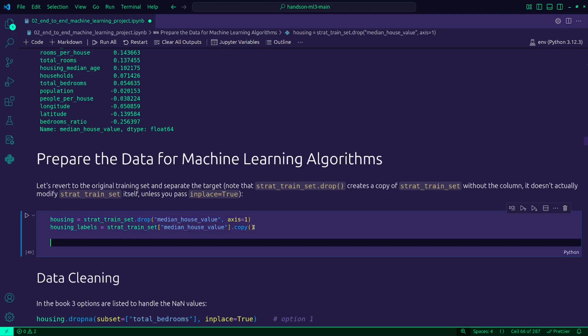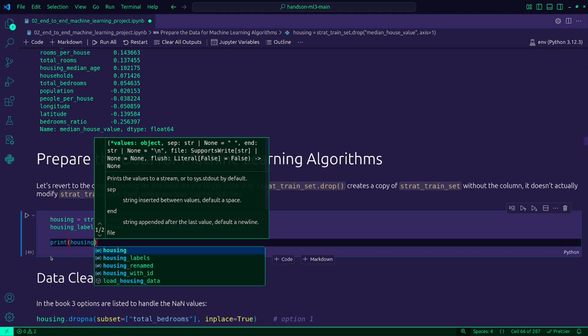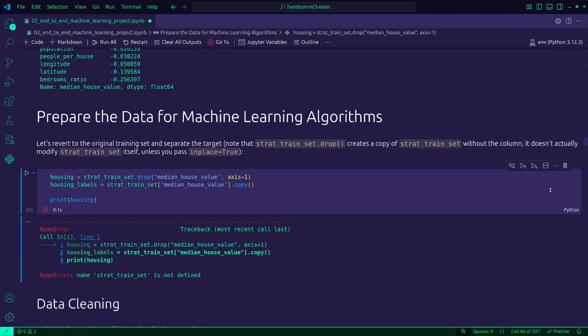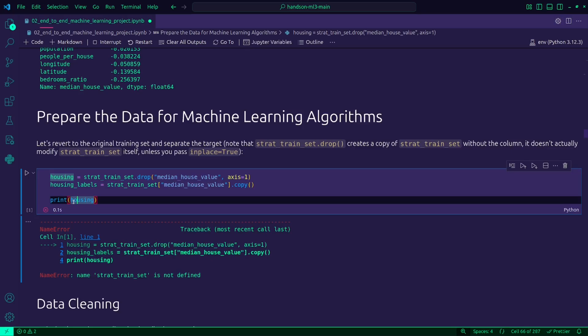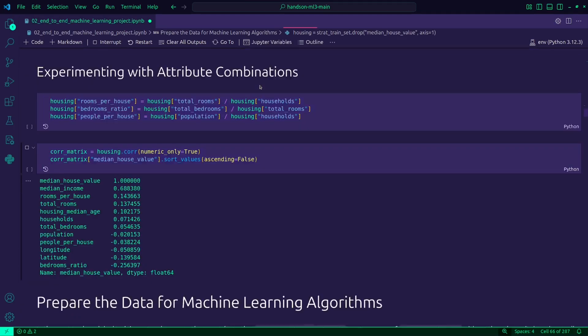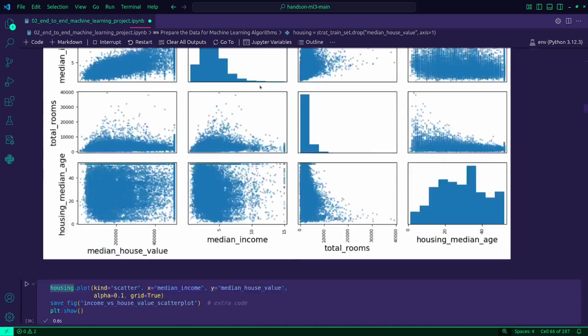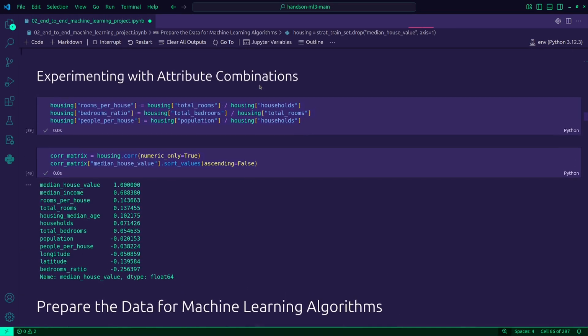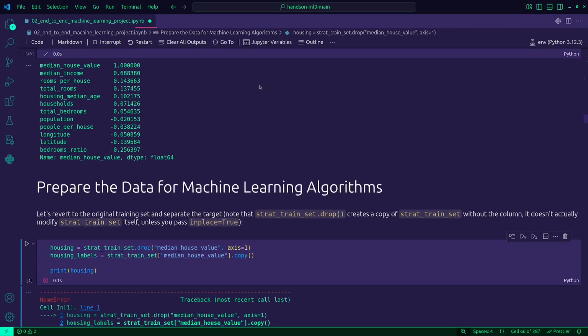So if I print here, print housing, and I need to run all of the commands above it, because that's why we have this failing now. Execute above cells. It's running. I'll leave it.